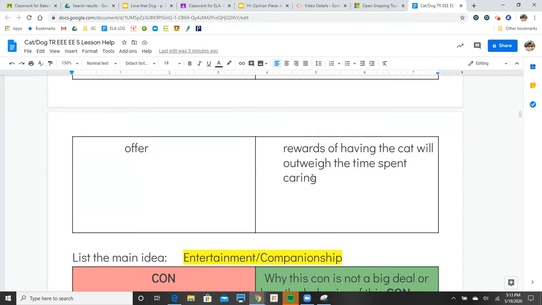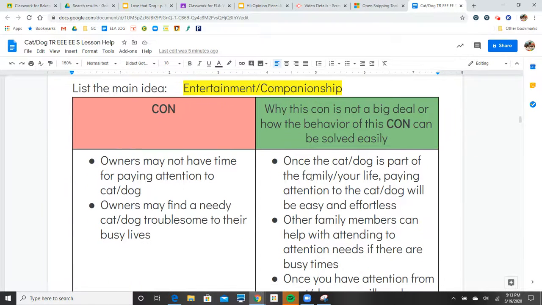Entertainment and companionship has been used for cats and dogs, and a downside might be that owners just simply do not have the time to pay attention to a cat or a dog. They might find a cat or a dog too needy and bothersome, maybe troublesome in their busy lives. So some counter arguments might be that when welcomed into a family, it will become routine. It will be easy and effortless once you welcome that